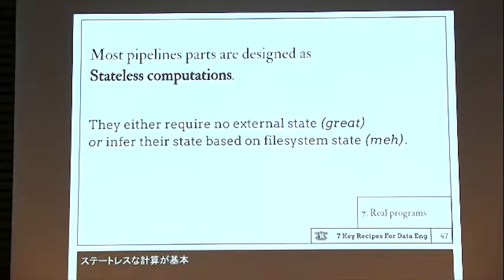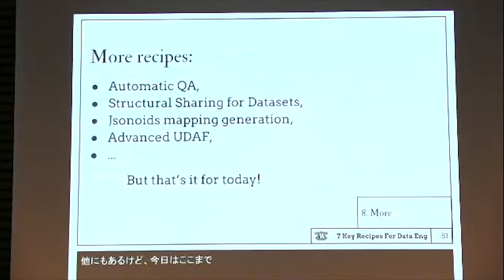So the last thing is you should build real applications, because most of the time in data pipelines we get the state, we infer the state from the distributed file system, and it is not a very good engineering practice to infer your state from another mutable place. Okay, I will skip on this one, and you can check the slide later.